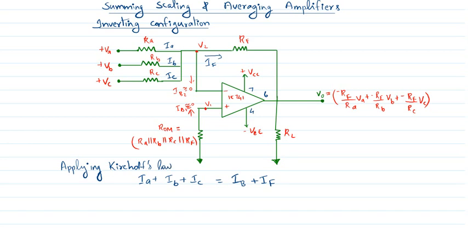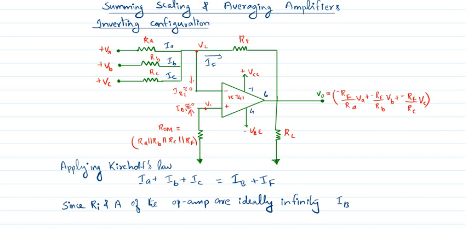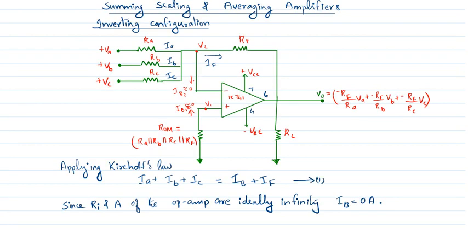And we can also say that since Ri and A of the op-amp are ideally infinity, then IB is equal to 0 ampere, and also the voltage at nodes V1 and V2 will be approximately equal to 0 volt. Therefore equation 1 will become